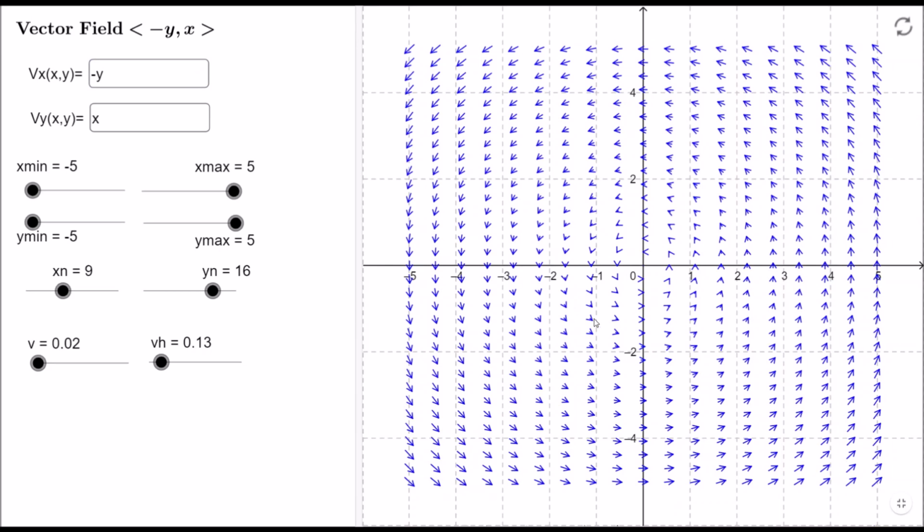Here you have the circular ones. You can see they are in a circular pattern, a cyclone. Whenever meteorological people want to show you the cyclone arrows in the software, they simply put minus y comma x and you can see, oh, there is a cyclone over there. So you can use this software to verify whether the vector fields that you have drawn are correct or not. So I hope you understood the